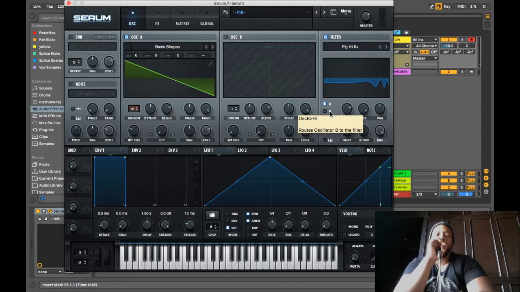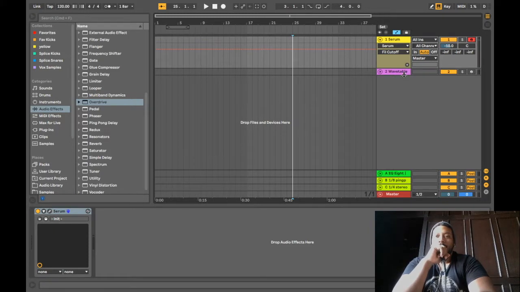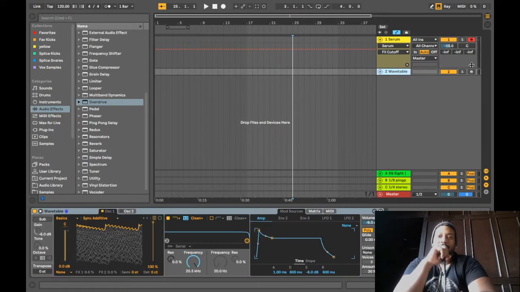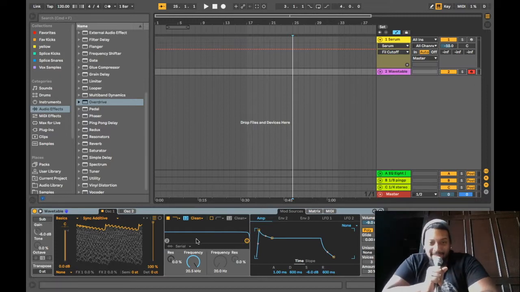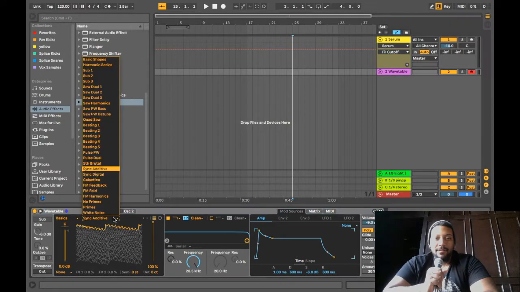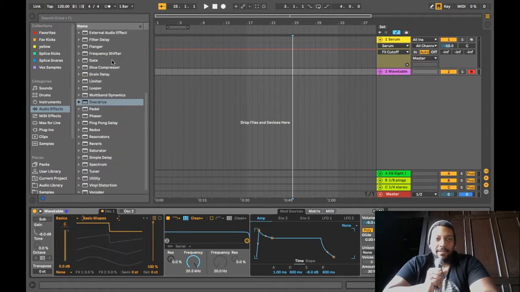So like you can do some cool stuff with it. That part is dope. But with Wavetable, what I like about Wavetable is the low pass filter. This is clean. Like this is super clean. I'm gonna put this on the basic shapes here. Let's put this on the saw